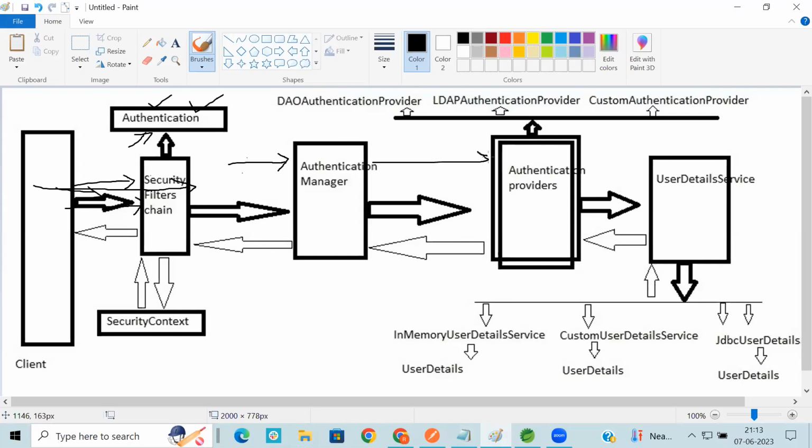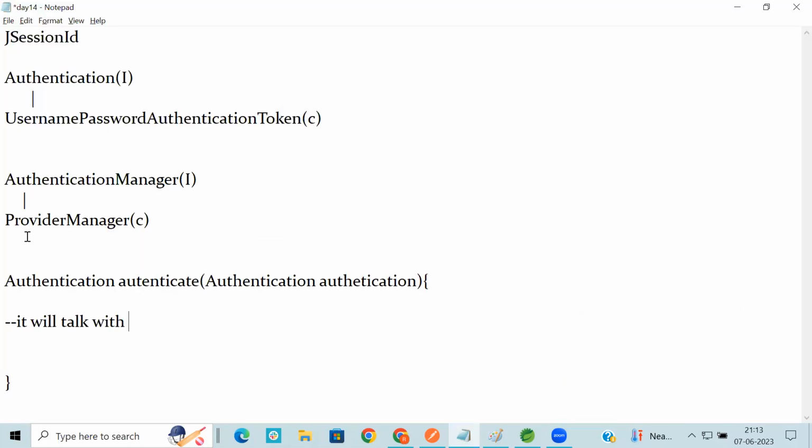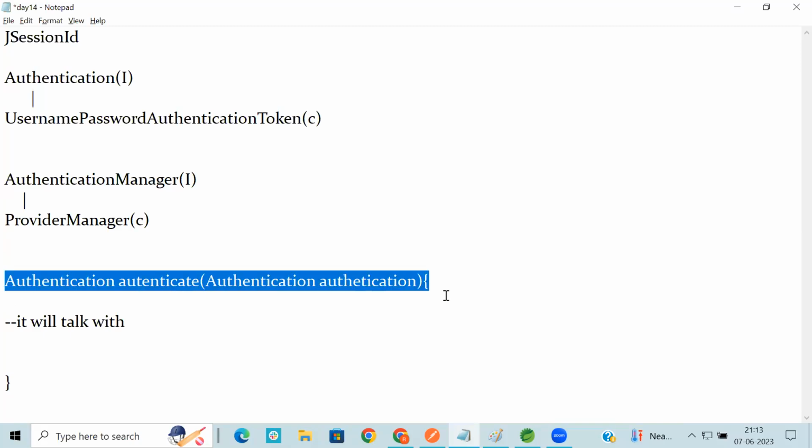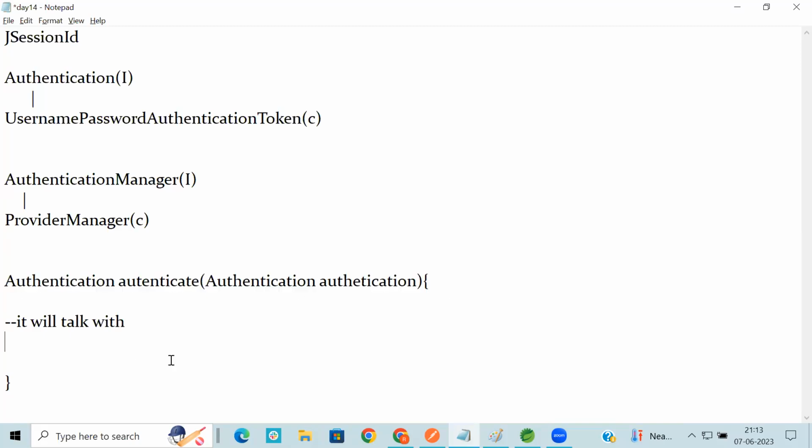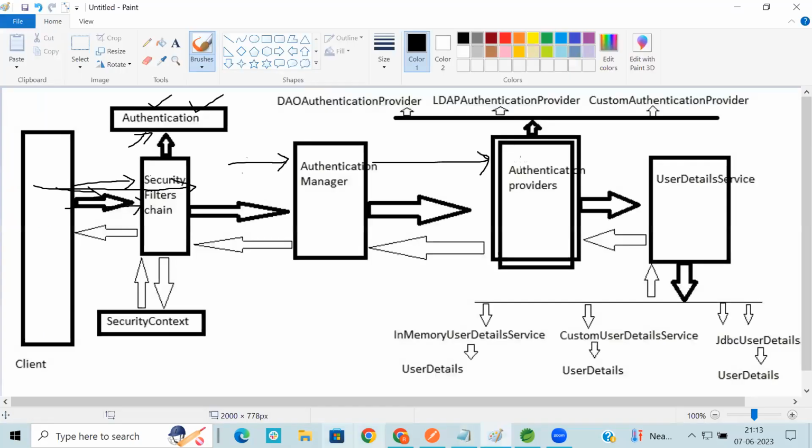Inside this authentication provider we also have a similar kind of method. Similar kind of method is also there, so it will have the same authenticate method. Basically we can have multiple authentication providers, but the one Spring Security uses by default is the